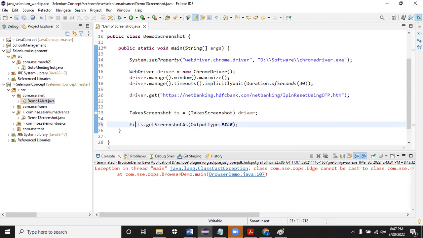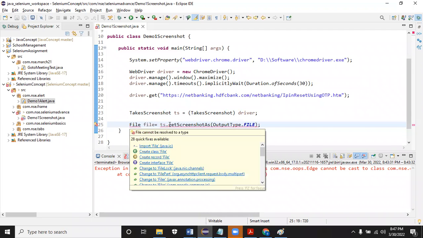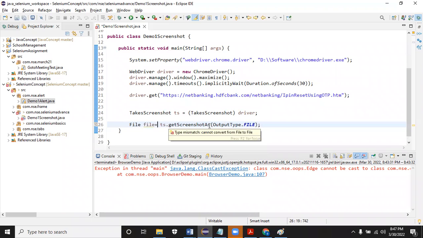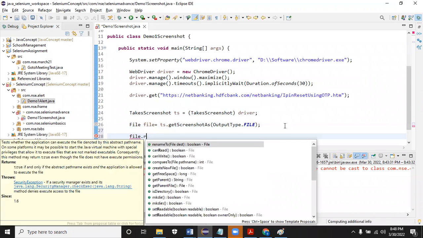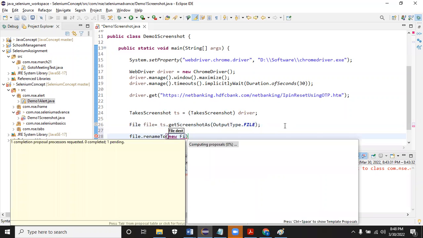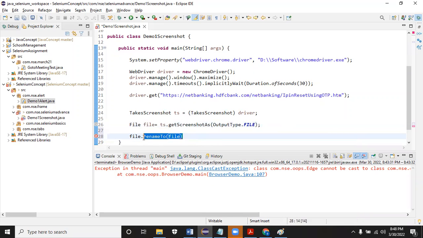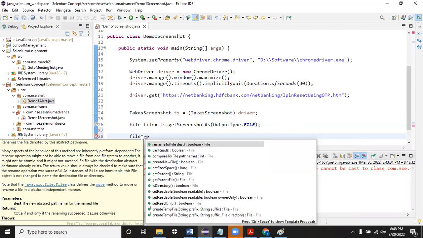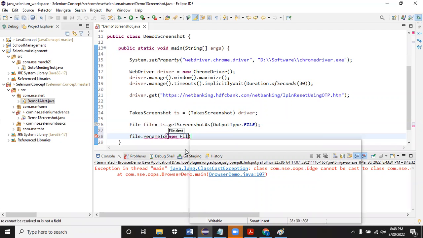File object. There's a class called File. I'll tell you about this File object. Okay, now this File object, you can save it. File dot, you see, renameTo. Let me give the new file. You see here, file object dot I'm going to do rename. Rename or copy will be there. Rename, it is asking for file type. Destination, I have to give the new file. File comes from Java, and then the name. Let me give error.png.